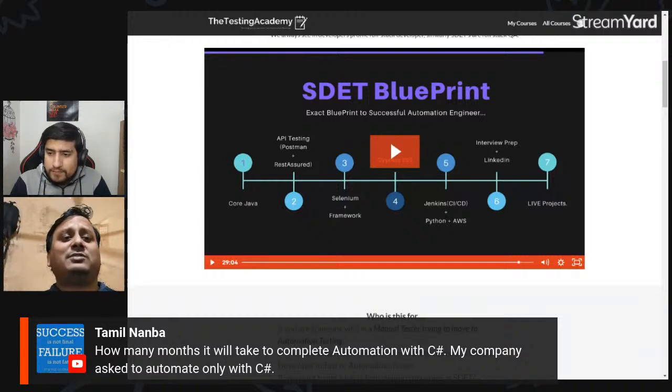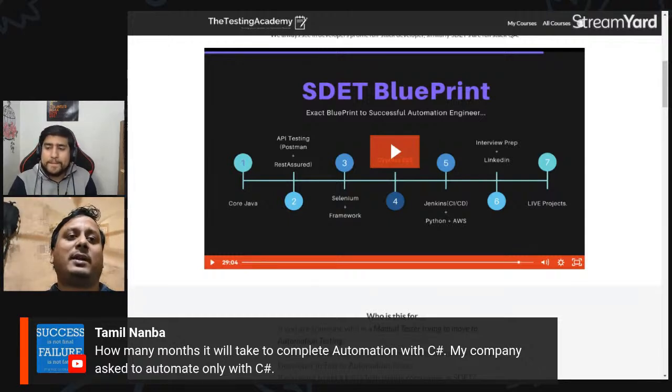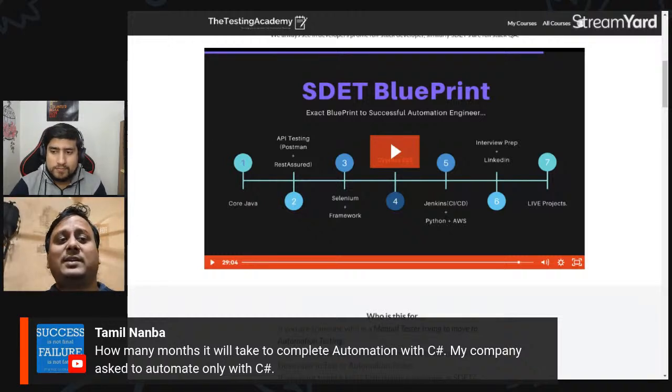And the Selenium part is pretty easy because Selenium is Selenium. A click method is a click method, even in Python or Java. It does not matter. Click is click, send keys is send keys. Selenium is the same. C Sharp you can learn in 1 or 2 months. Just go through the basics. You have an editor. Visit Pluralsight, where there are a lot of courses on C Sharp. Write programs. Even on YouTube you will find a lot of stuff.